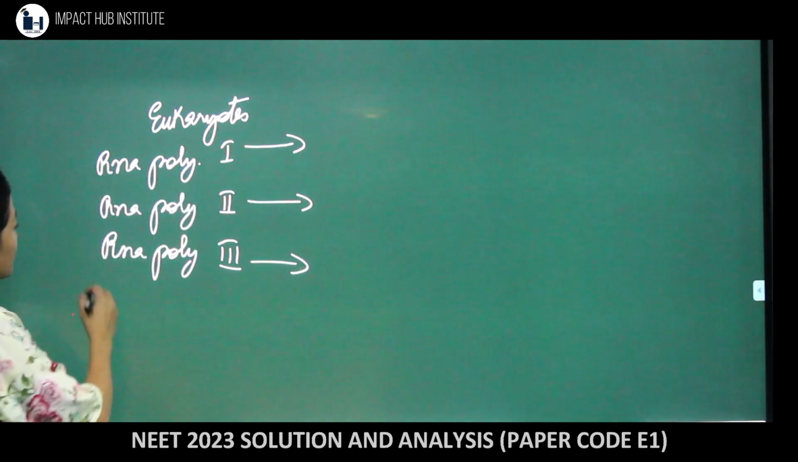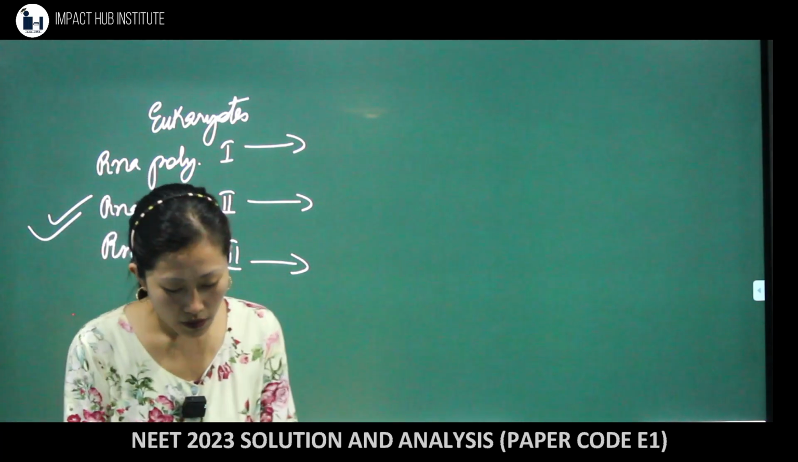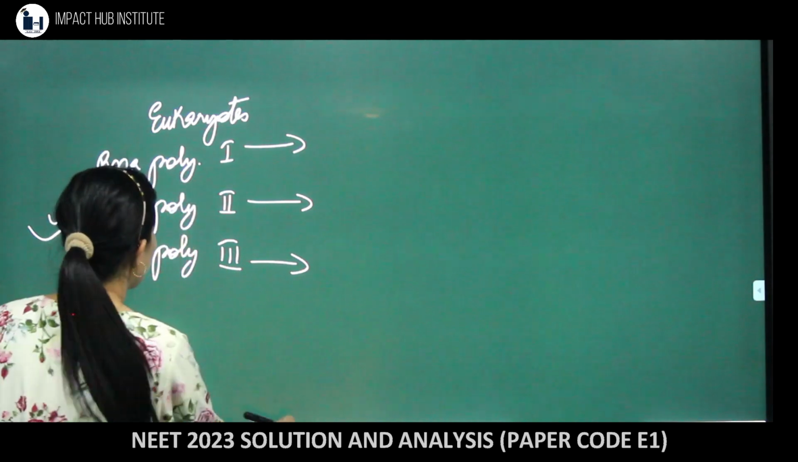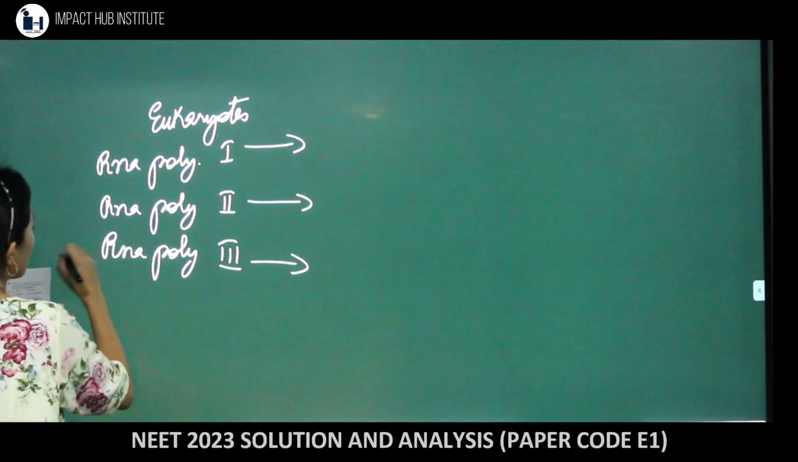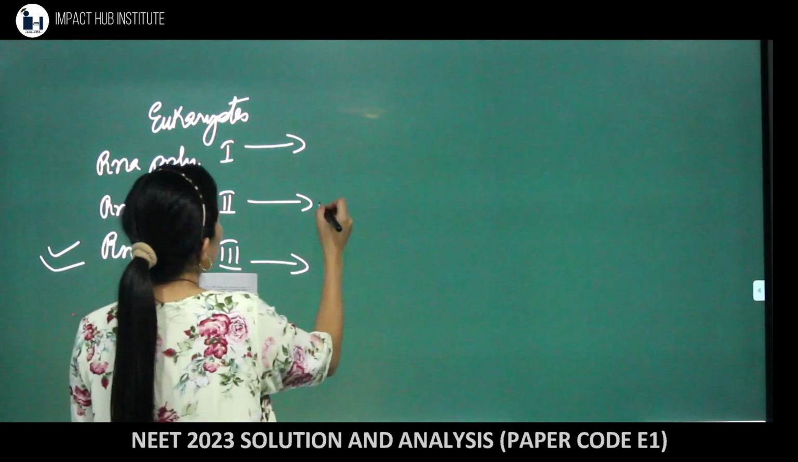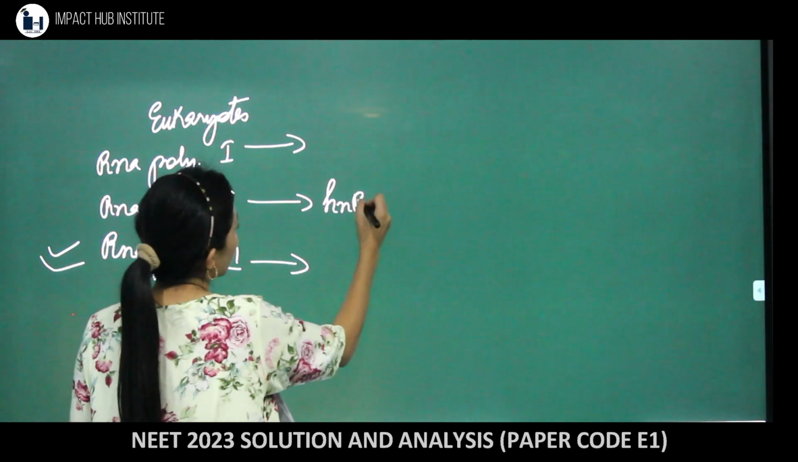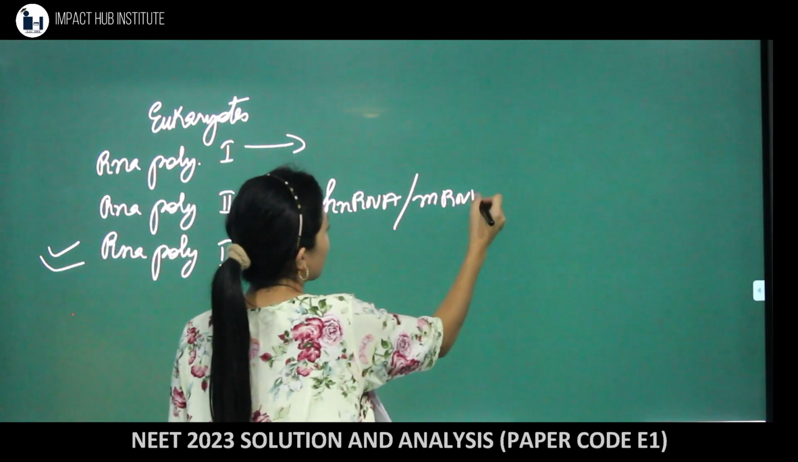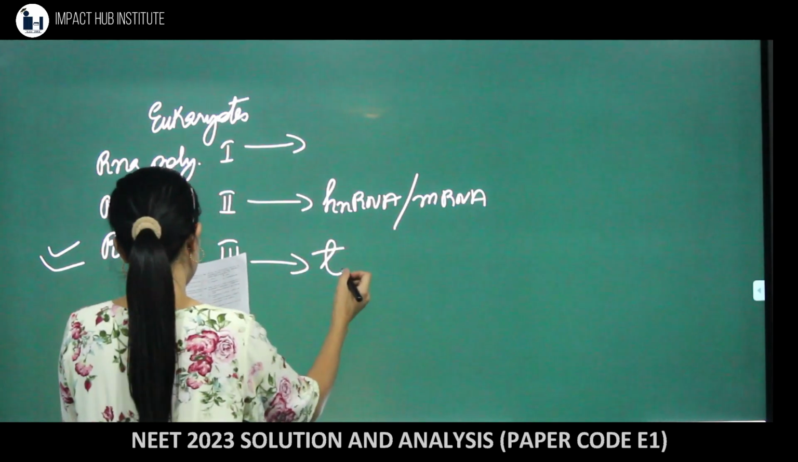So they're asking us about RNA polymerase III. Sorry, they're asking us about RNA polymerase III. So RNA polymerase II helps in the synthesis of mRNA, but in eukaryotes we know that hnRNA is synthesized first, then comes mRNA. And RNA polymerase III helps in the synthesis of